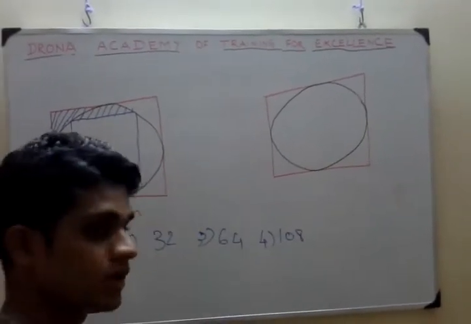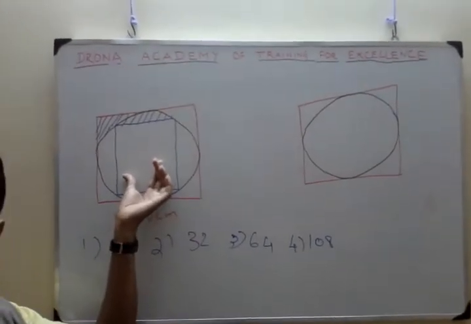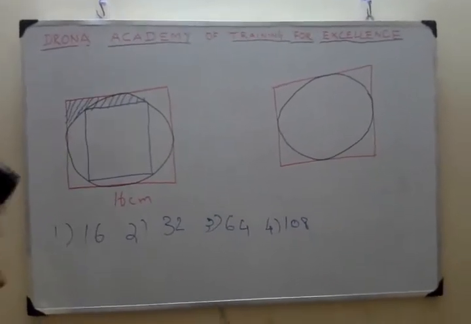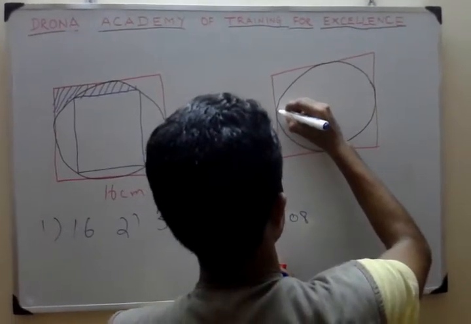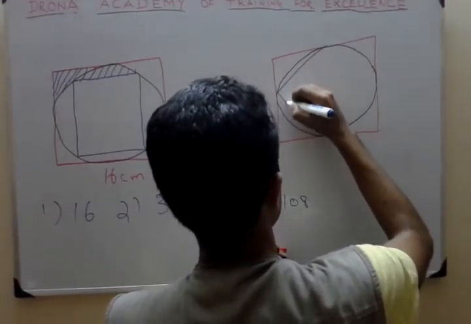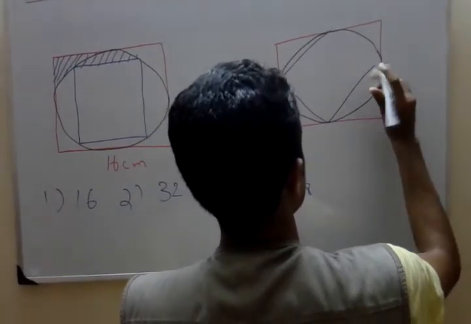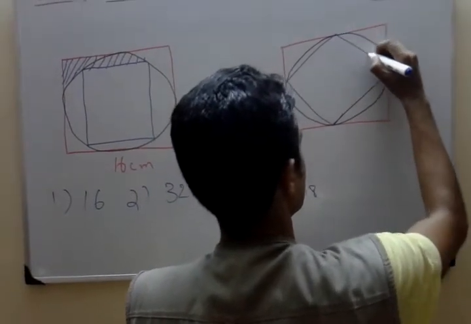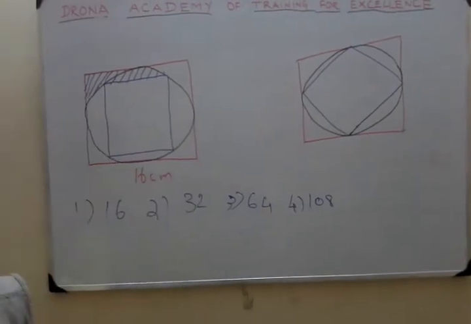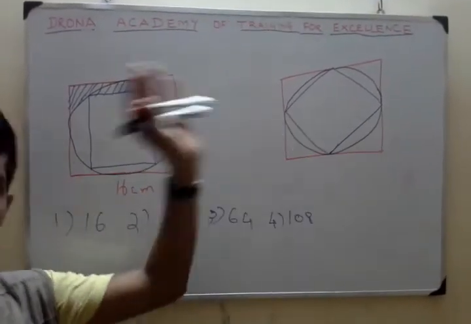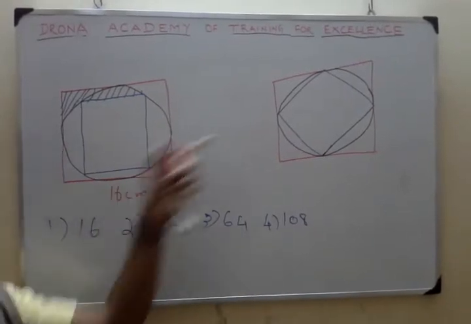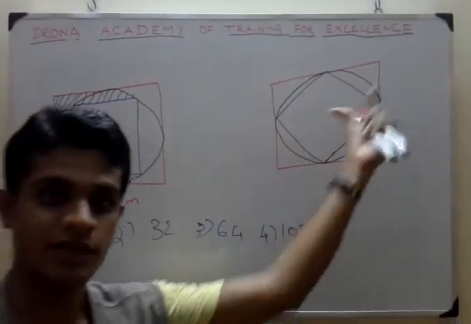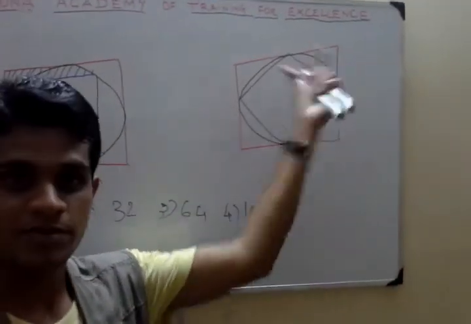Now, listen carefully. This particular square, I am going to modify like this. Now tell me, are these two diagrams the same or not? Same. 100% same. I did not do anything. What I have done? I have simply tilted the square like this. I did not change anything. These two diagrams are the very same.